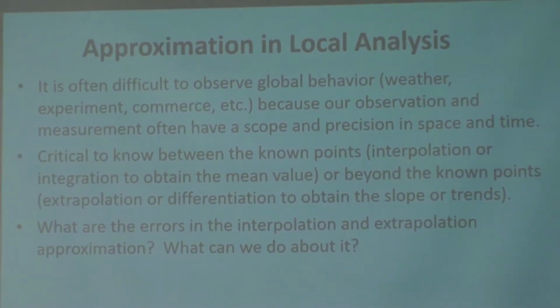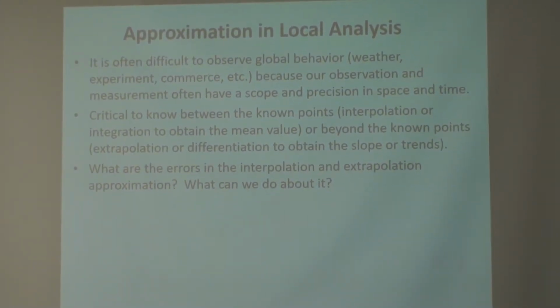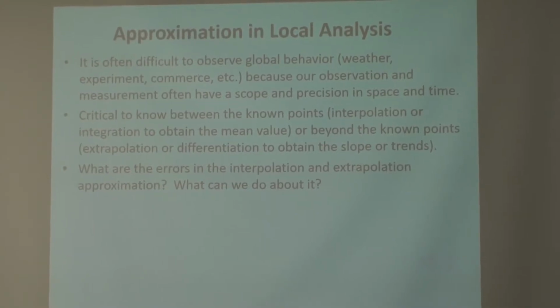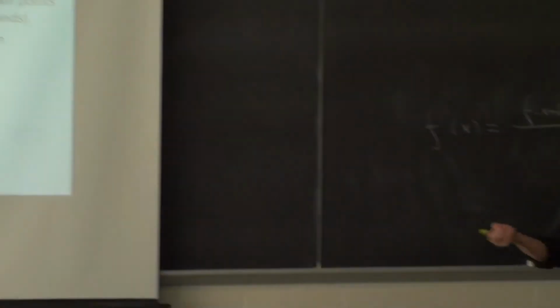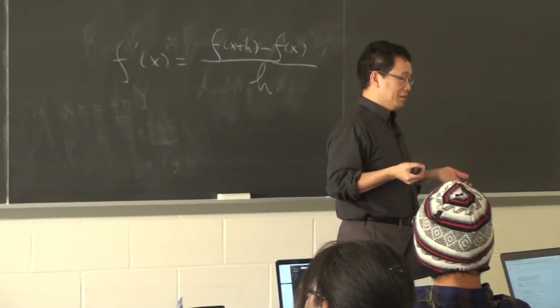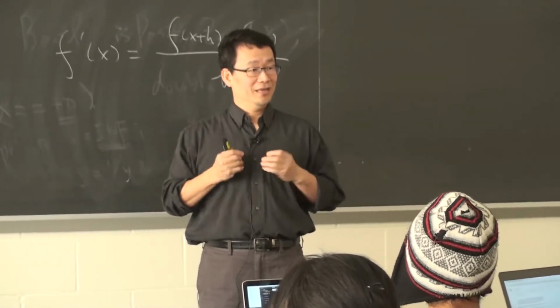Many times we do not know the global behavior of a phenomenon, whether the stock market, your emotion, or whatever. I have a few sampling points, most of the time in the history, and now you're interested to know what is behind. Or equivalently, in the physical world, I know the temperature between this point and that point because you have sensors, but what is in between? When you do an interpolation, how do you know how good the interpolation is? It's the subject of this.